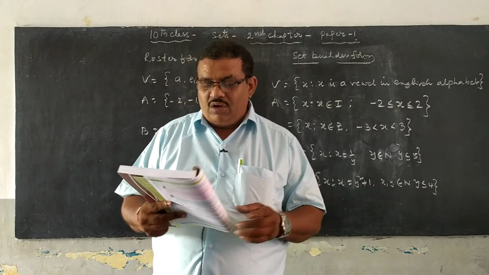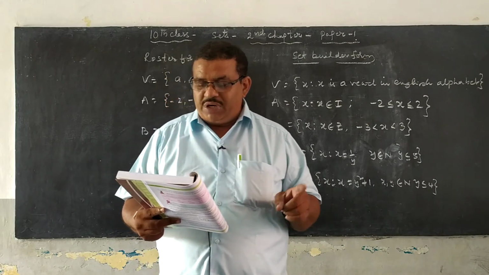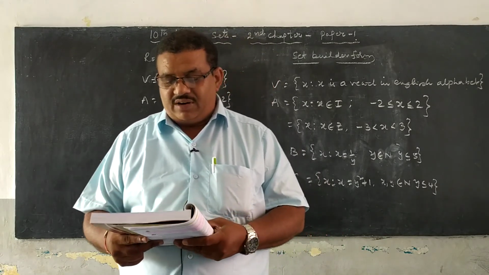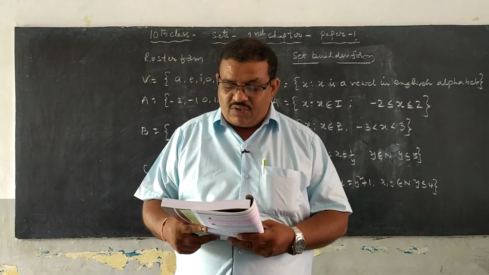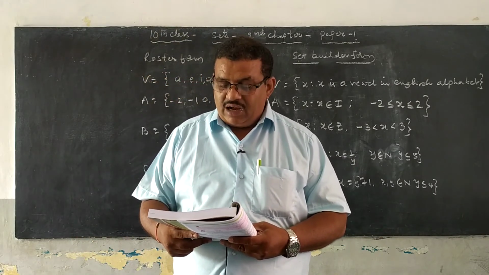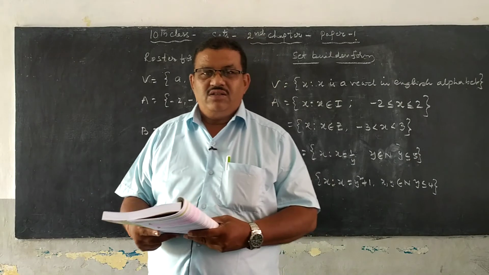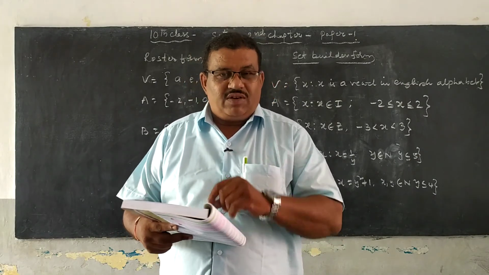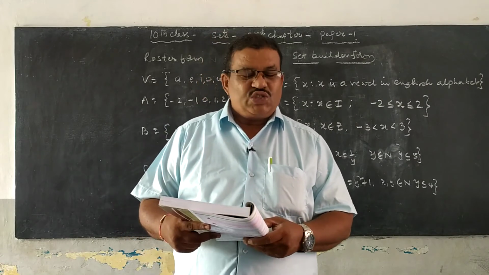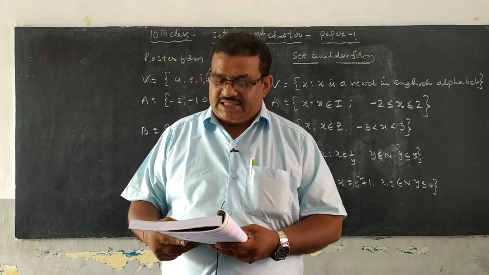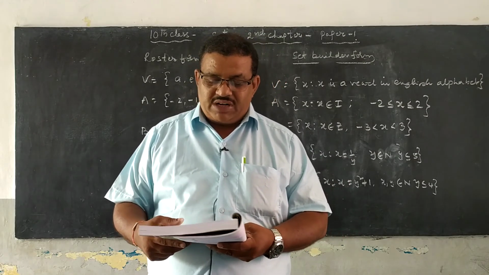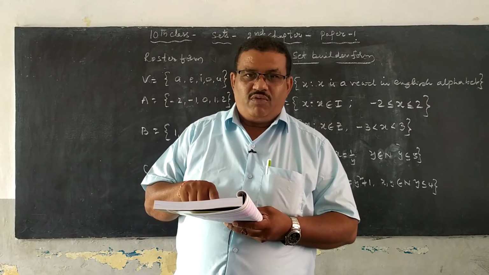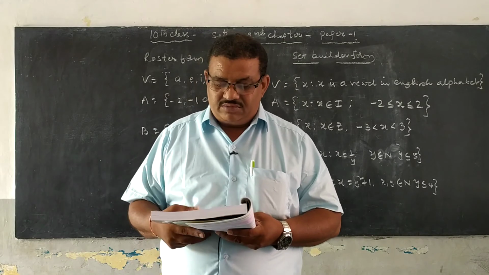F is equal to the multiples of 4 between 17 and 61 which are divisible by 7. The multiples of 4 as well as divisible by 7, what are the elements? That is 28 and 56. These are the only elements which are multiples of 4 and divisible by 7.